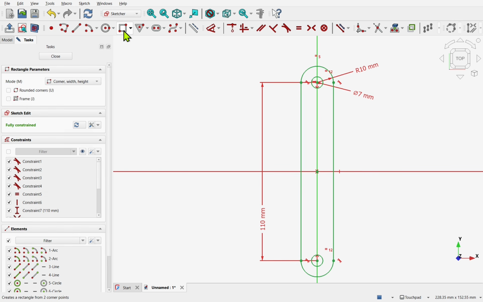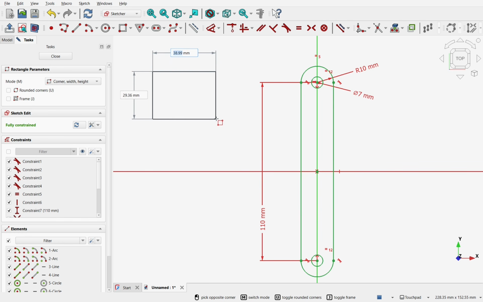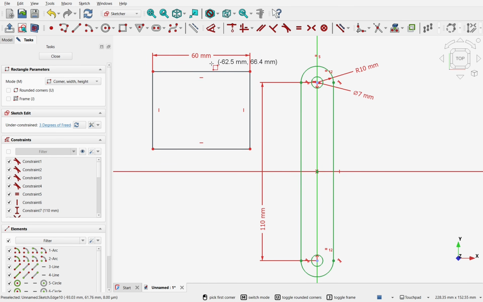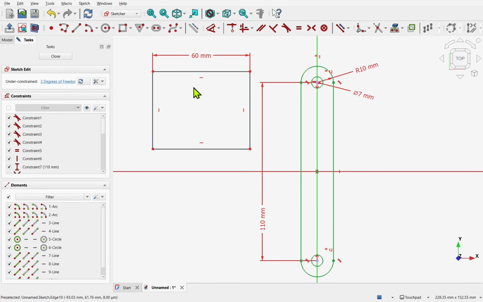Let's use the rectangle, and this time we'll left click and start moving the mouse to the right, but we'll add the dimensions via the fields on screen. So for the top, this is going to be 60 millimeters. The arrow has gone red. This means if I move the mouse, I can only move it up and down. I want to keep both sides the same. If I wanted to add a measurement to the left hand side, then I use the tab key. The lock is added to the top measurement, locking that in. I can still move the mouse, or I can type in a measurement. I don't need one. Left click, 60 millimeters has been added,